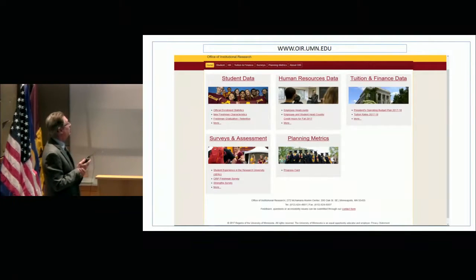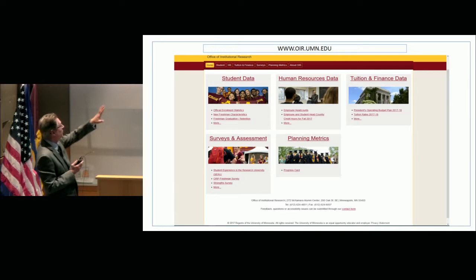This is just a screen snap of our main website. It was recently converted to Drupal. It shows all the different links we have. It's basically reports, dashboards of sorts, that you can go in. And these are official numbers, and this is a public data site, meaning everybody in the world has access to this. So